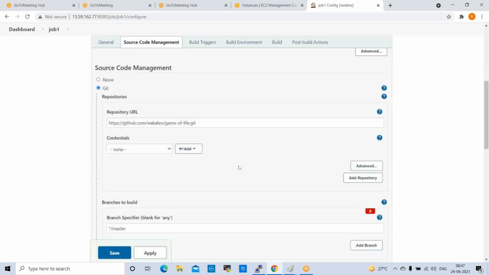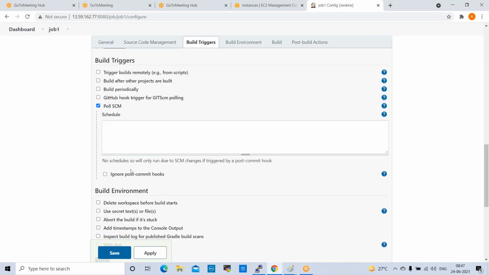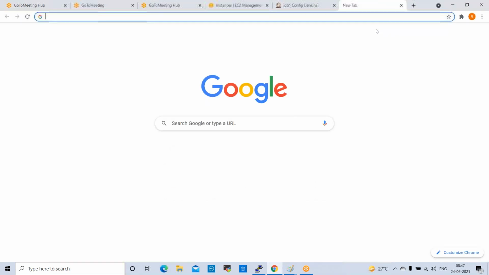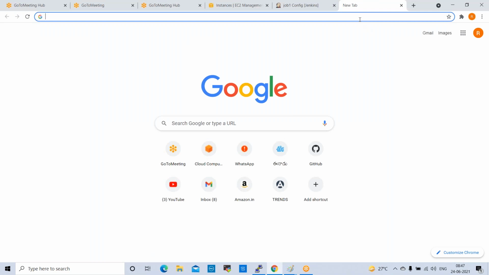These are the general settings. So Poll SCM means it normally schedules. Here we schedule the jobs. When we give the schedules, for example, early morning 5 a.m., I want to run some jobs at that time. For scheduling, we have one site which is